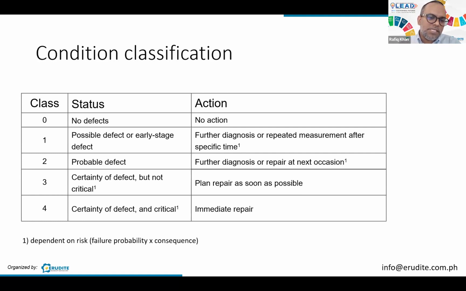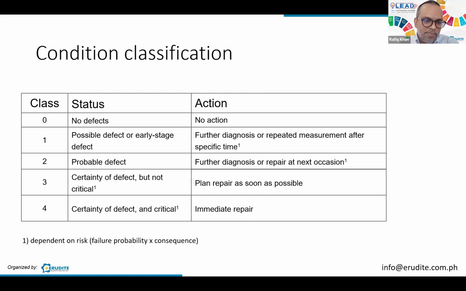So in terms of decision making, it's not so easy to replace an entire circuit. I'm sure some of you have already experienced this before. So a bit of guideline helps in your decision making. An example of a certainty of the defect or critical: when certain partial discharge readings go beyond the range of safe operation, you already know that it's going to fail. Of course, you don't know if it's going to fail in 5 days or 5 weeks or maybe 5 months, but you need to already plan for an immediate repair.